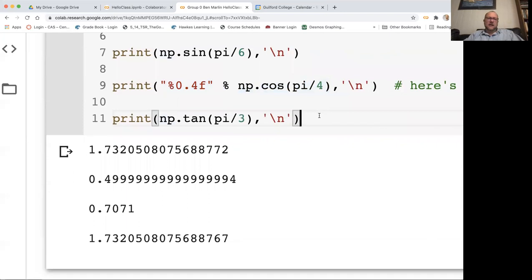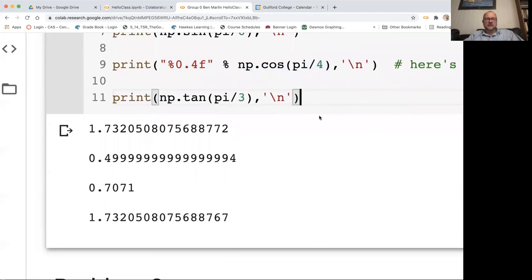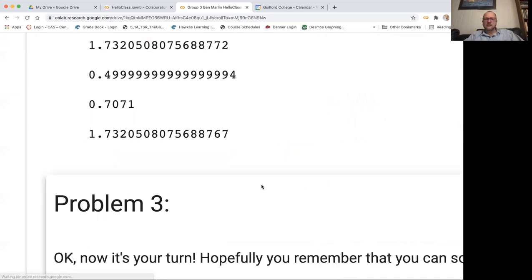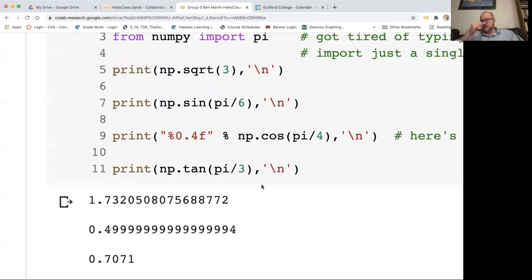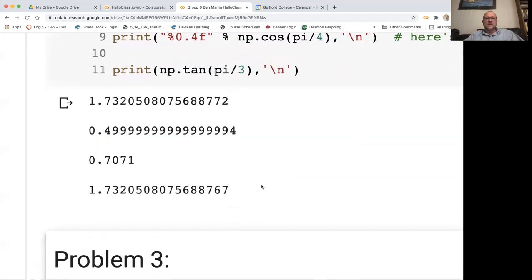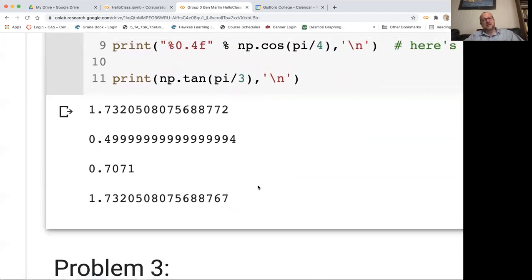All right. Anyway, though, cosine and tangent of pi. Whoa, what did it do? Okay. Tangent of pi over 3, that's the tangent of 60 degrees, which is about square root of 3. Notice it's not about square root of 3, it's exactly square root of 3. Notice that we have evaluated something here and something here that should both be square root of 3, and they are not the same number. But the disagreement is in these last 2 digits, right? So they agree 1, 2, 3, 4, 5, 6, 7, 8, 9, 10, 11, 12, 13, 14 places past the